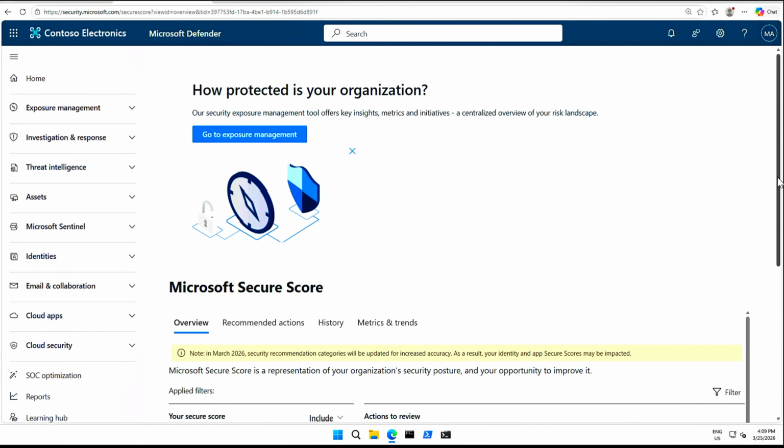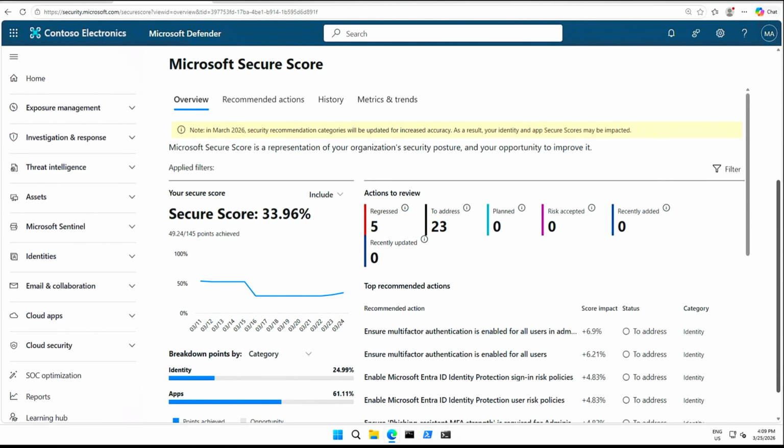So yeah, here you will get an overview and different information. Now, if you click that recommended actions,